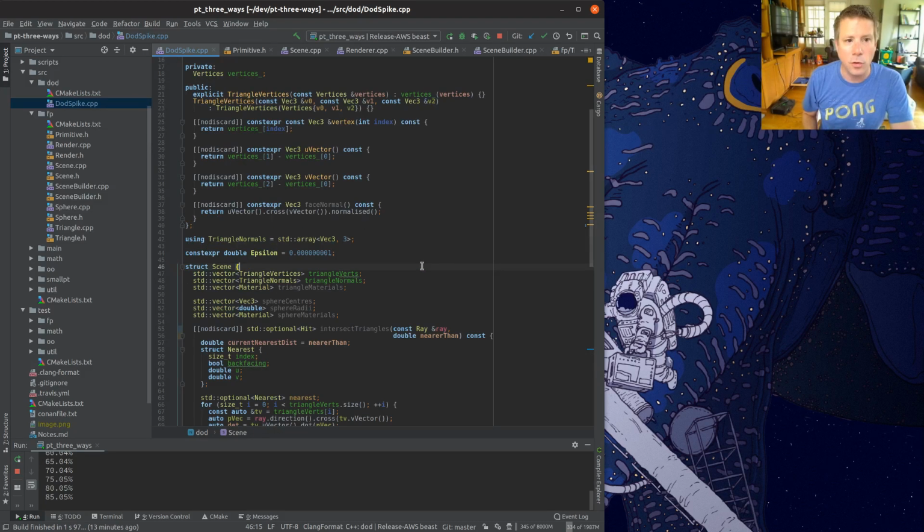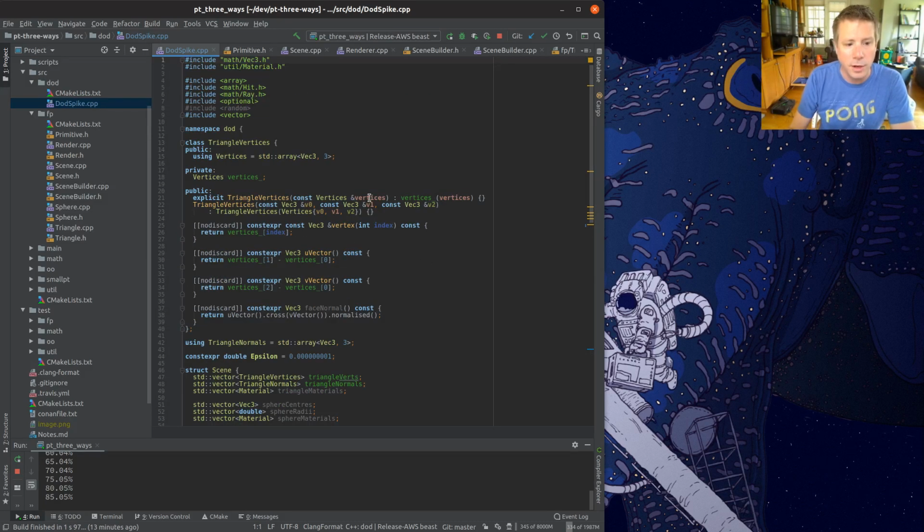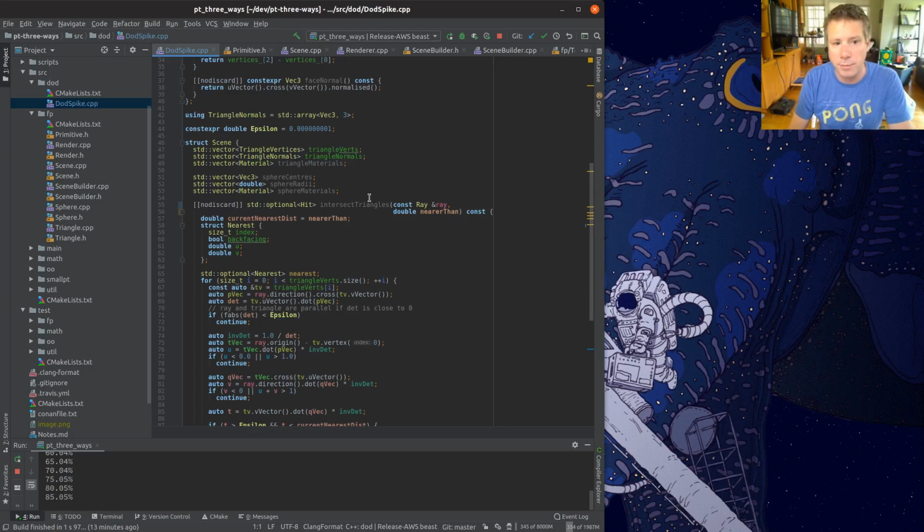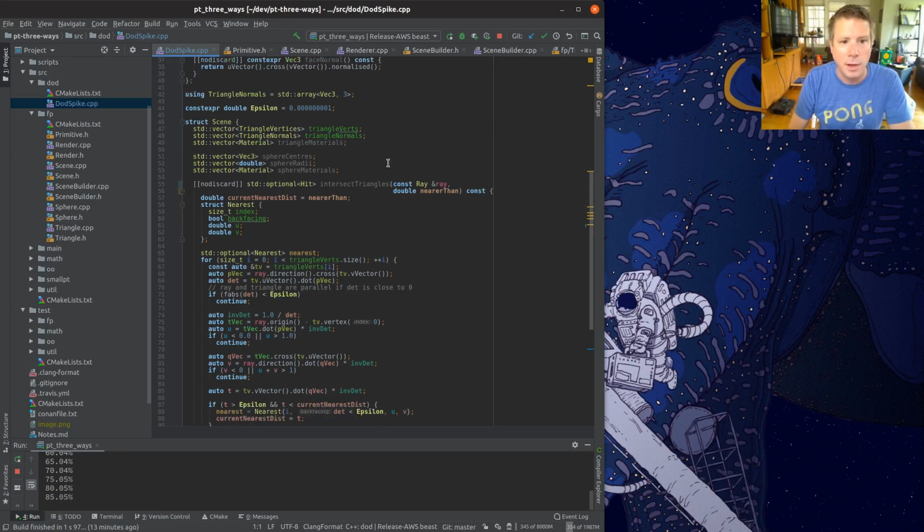In the data-oriented design, my entire scene, and again, this is all sketch work, I haven't really thought about this, it's not even checked in, is that I would have the vertices of the triangles, the normals, and the materials of the triangles in 3 separate arrays. That means that while I'm looking for intersections with those triangles, the normals are not interesting, neither are the materials, actually. And the data-oriented design mantra is to look at what calculations you're doing and design